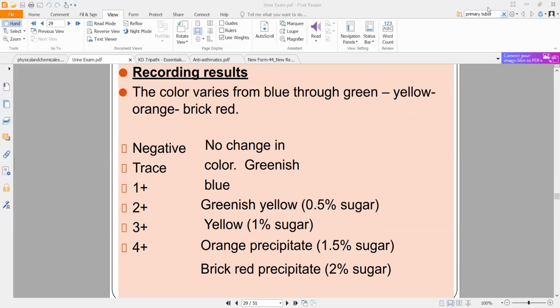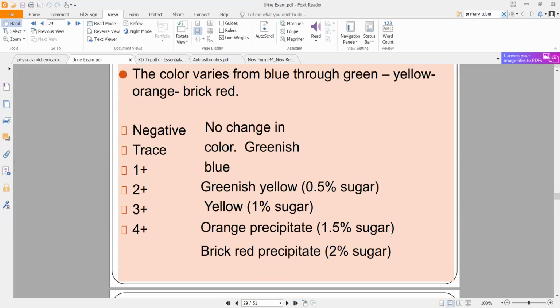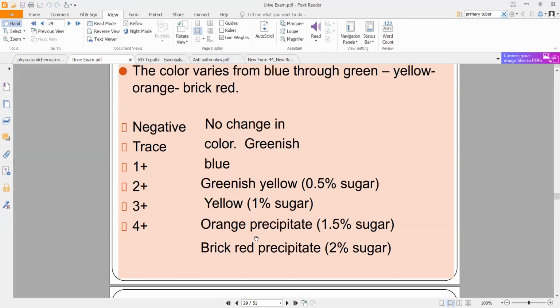All of these tests. So in any case, as you keep progressing, it depends on the amount of sugar present in the urine. Now you can have a diabetic patient who is continuously taking insulin or regularly taking medication. In them, the reaction might come greenish yellow or blue as well, because they are keeping their blood glucose in check. Okay, and there might even be people who do not have diabetes mellitus, but they have simply eaten a lot of sugar in one particular day. Let's suppose Diwali or something like that. You know, in Diwali people eat a lot of sweets.